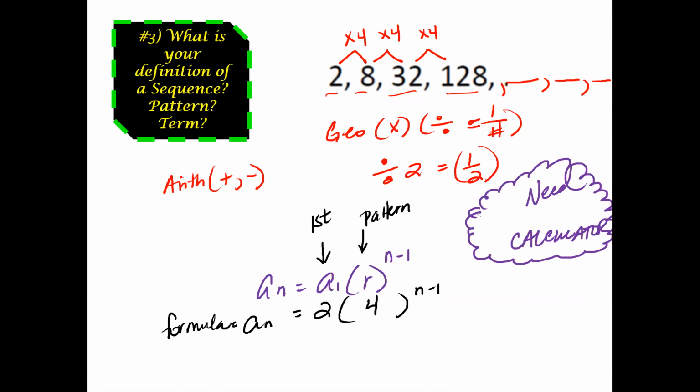128 by 4, and then that number by 4, and then the following number by 4. So make sure you do that, and you should get the next 3 numbers.